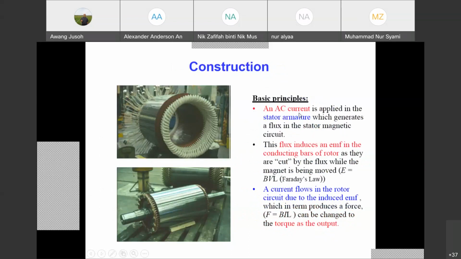So I red has its own flux, flux red, for example, and I yellow has its own flux yellow, and I blue produces its own flux blue. So these 3 fluxes exist in this machine. The combination of these fluxes results in the resultant flux in the machine. So the total flux will become the resultant flux. This flux will move around the machine with the synchronous speed ns. This movement of the flux, we call it the rotating magnetic field produced there.